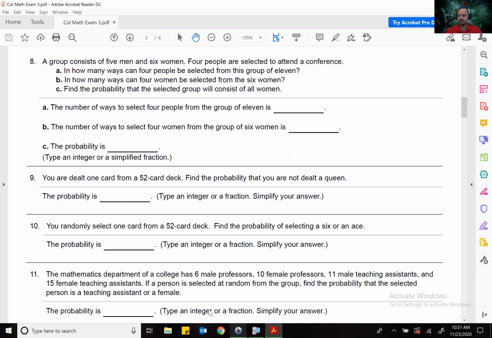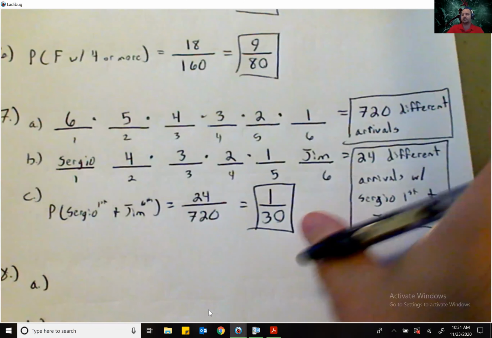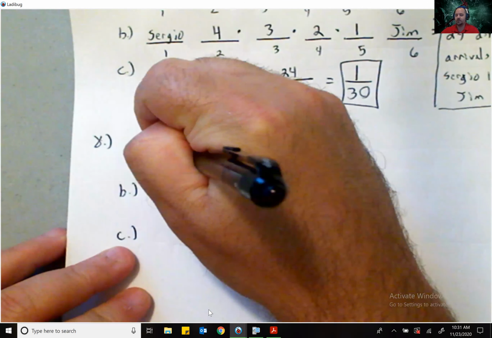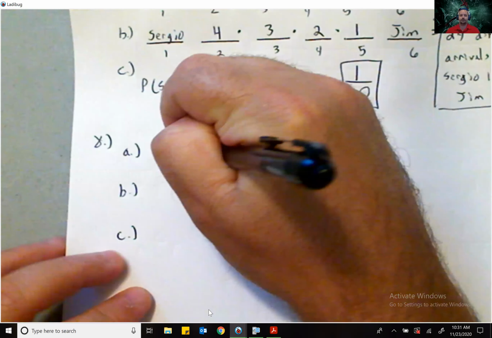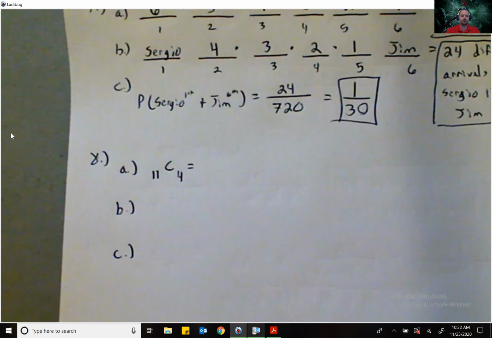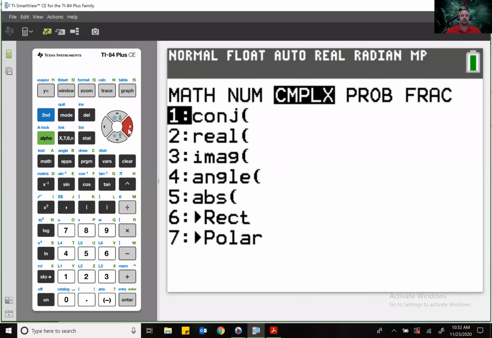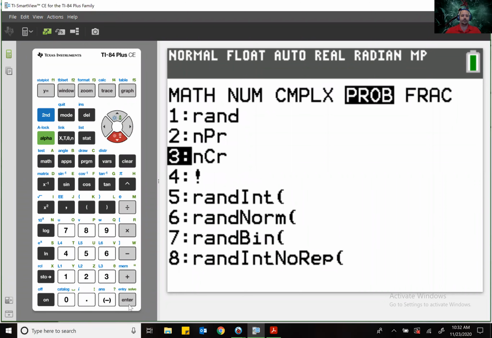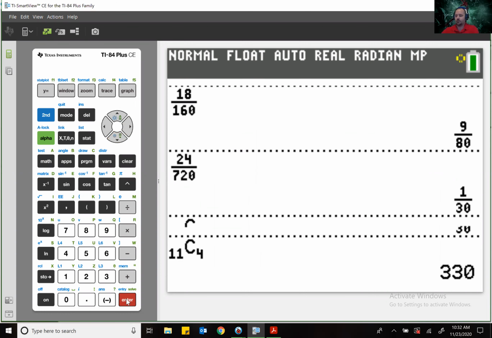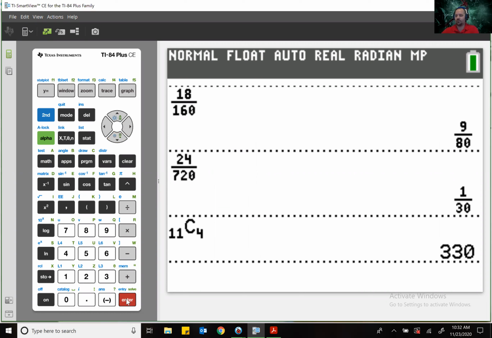So that is, for us, 11C4. So you just go to your calculator and put in math prob 11C4. All right, so there are 330